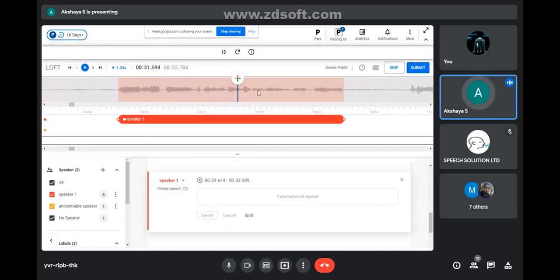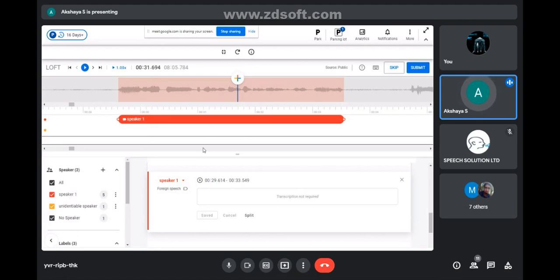In the middle of the conversation, if you use words like coffee, hi, hello, phone, or email, these are transcribed in the native language only. No need to worry or create another segmentation and add a foreign speech label. Only if the speaker is continuously speaking for more than 3 seconds or more than 10 to 15 words do you need to create the segment and label it as foreign speech.